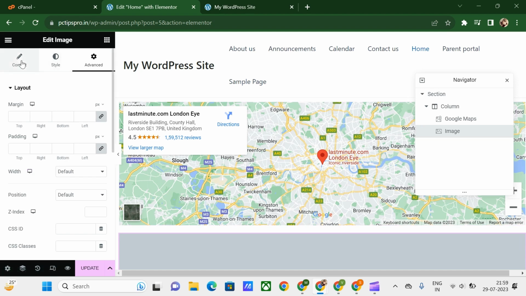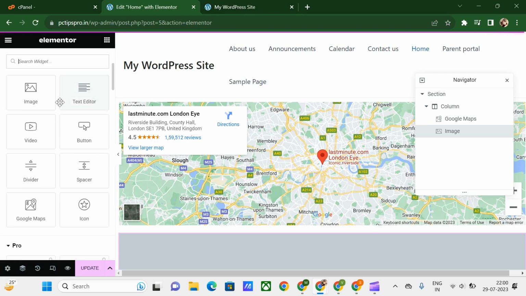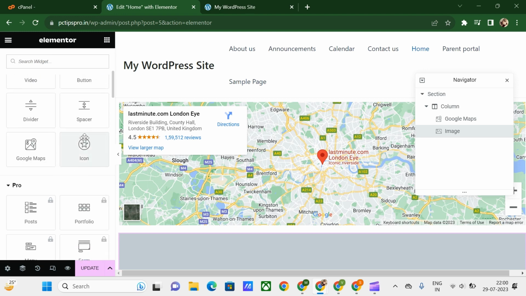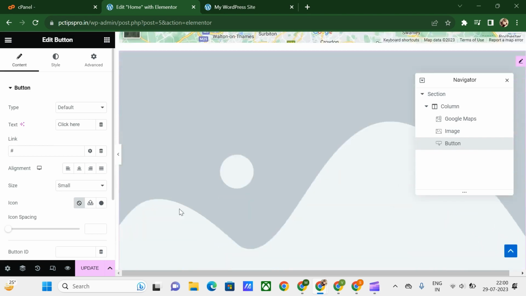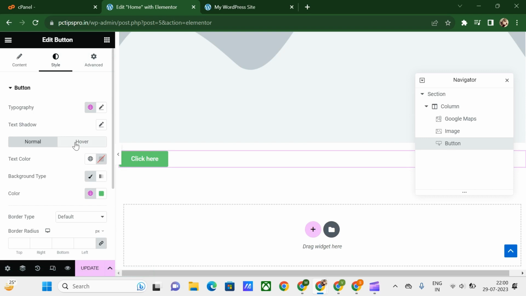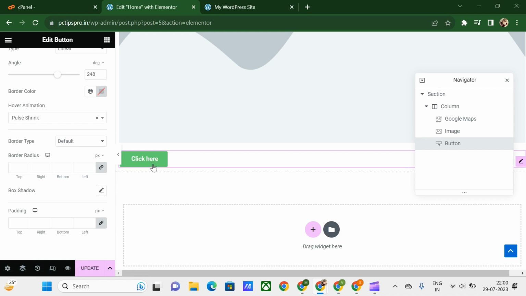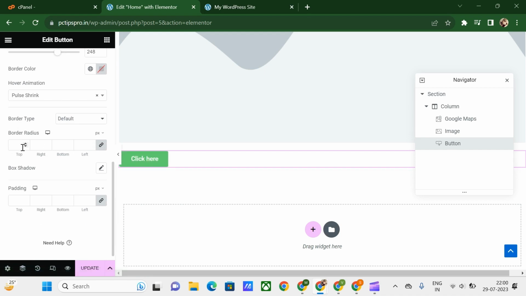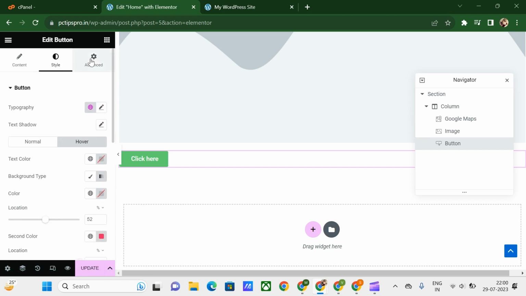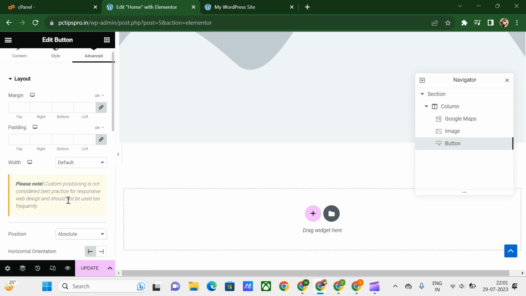Let's say that for example you want to add a pay fees now button. We can do that by going to the widgets, the basic ones here. We can choose something like button, and we can add our button over here. You can adjust it where you want it to be. Let me go to the styling part. I can change its background type to gradient, and its location. I have given this hover animation, so on hovering it does this animation. And also the border radius and padding, all these things we can mention. When it comes to the advanced tab, I can give some margin, padding, and position. I can position it,